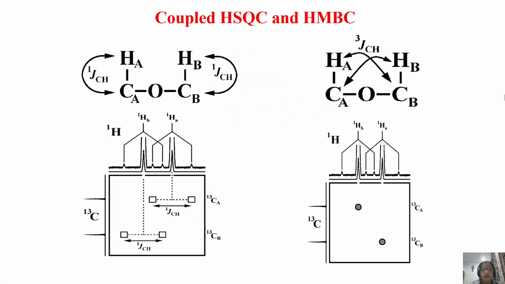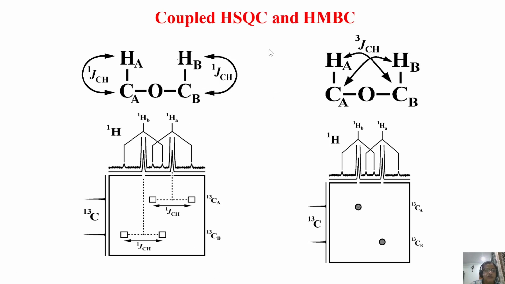Welcome back. In the last class, we discussed HSQC and HMBC, that is, coupled HSQC and coupled HMBC, where I took the example of a molecule like this, where we saw in the HSQC spectrum, there are two carbons for this hypothetical molecule which is chosen. At the chemical shift of carbon A in the carbon dimension, you get a single peak. Whereas at the chemical shift position of carbon B in the carbon dimension, you get a single peak.